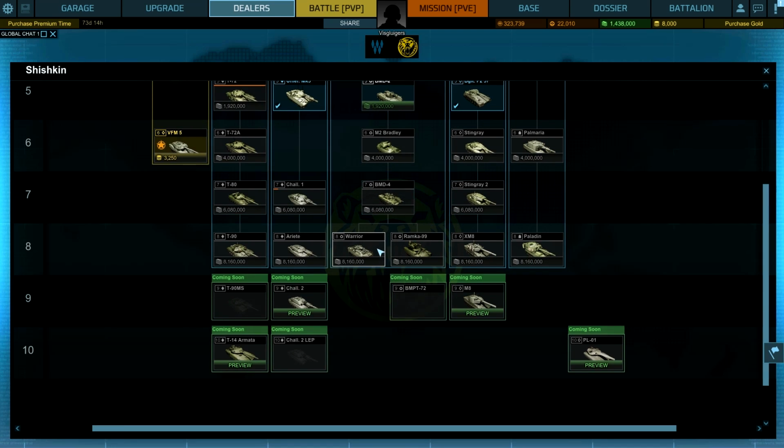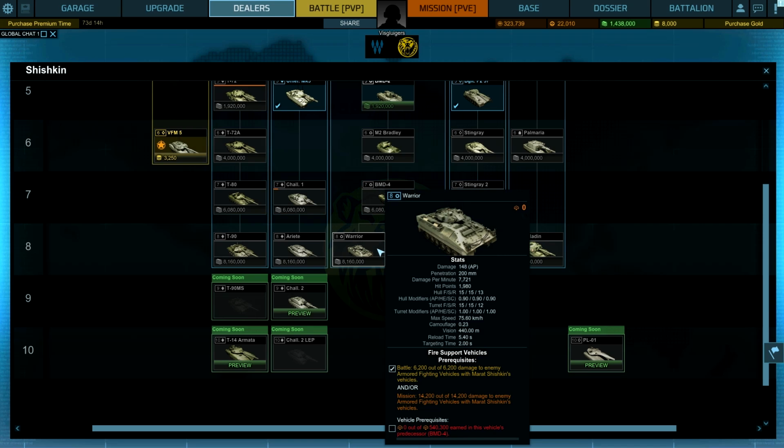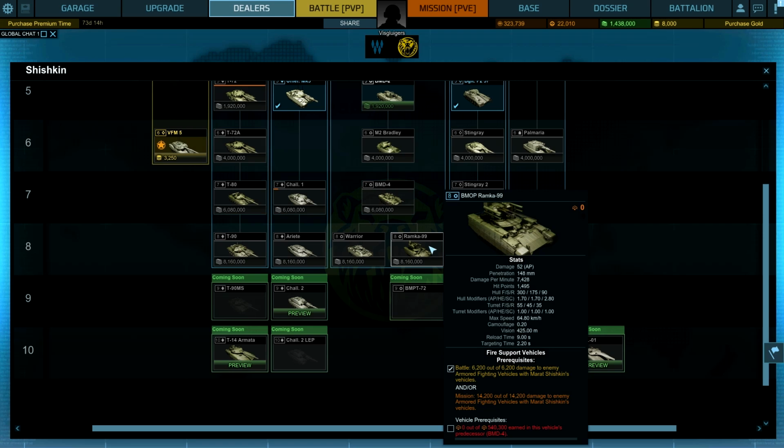Now at tier 8 we have the Warrior, which is pretty much like a Bradley from what I have seen, but it doesn't seem to be very special. But what has been pretty special is the Ramka 99. This vehicle is filled with all kinds of different armor, reactive high explosive armor and all sorts of stuff. Really devastating opponent, 4 missile launchers, 2-barreled autocannon and highly mobile. It is a really